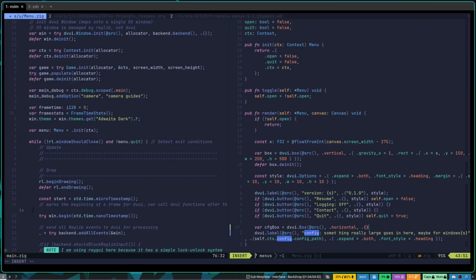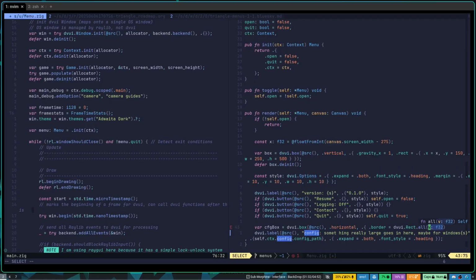Horizontal, comma, let's not put in any, I don't think we need any, well actually let's do dot border. Wait, why is this not working? Oh right, it should be a lowercase b. Let's just double check that this is working. Oh yeah, horizontal, comma, dot border. I just want a small border to see how it